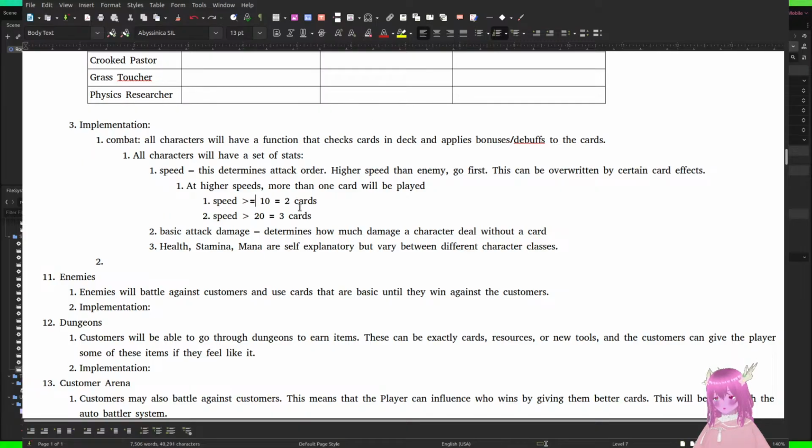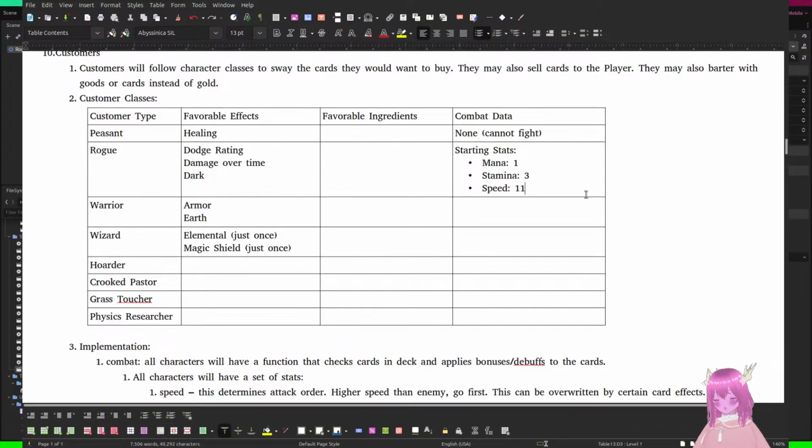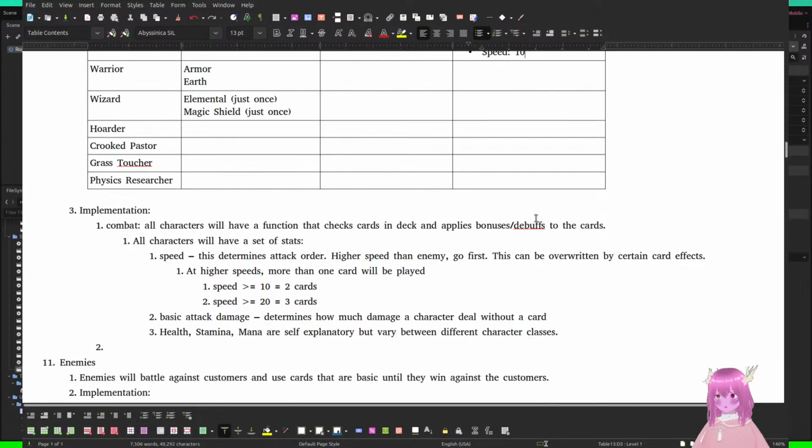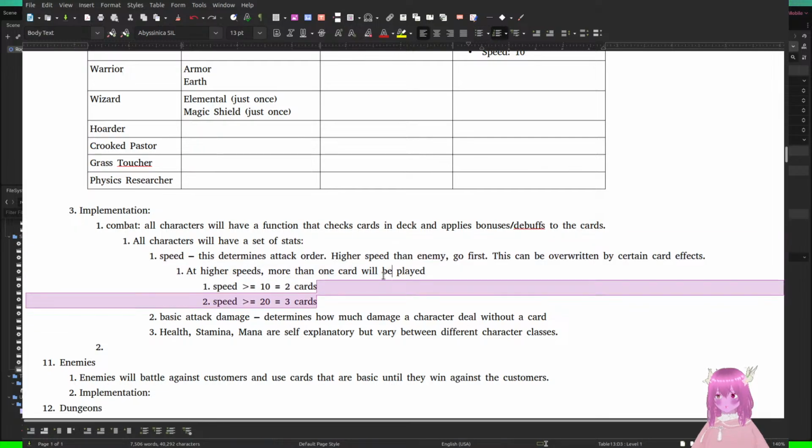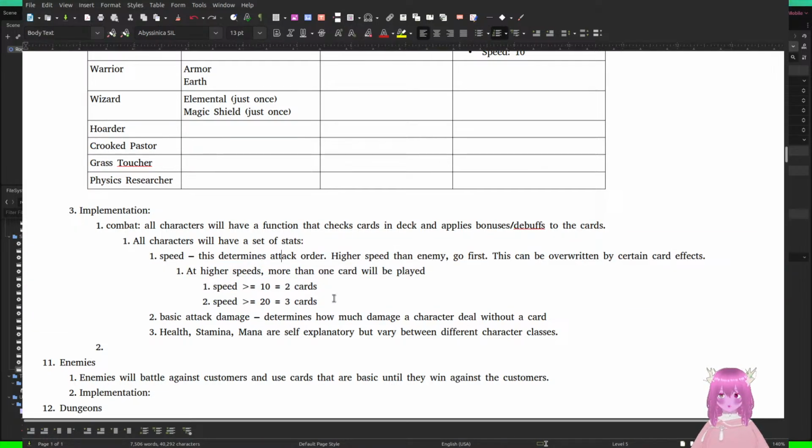We'll just have greater than or equal to. That way we don't have to have it be 11. We can have it be 10. Oh yeah, enemies will be able to do this too, the more I think about it. This should apply to enemies as well, honestly. If they have 10 or more speed, they should attack more than once, I think.